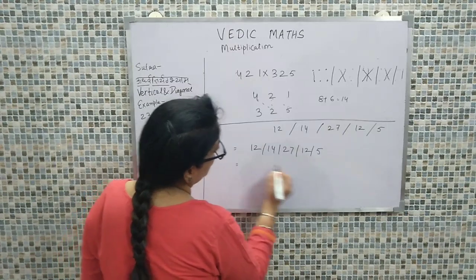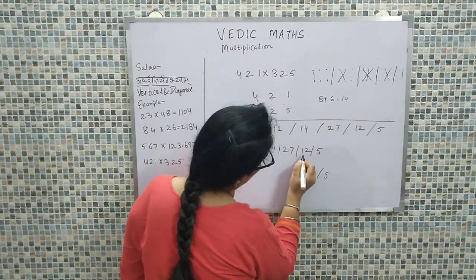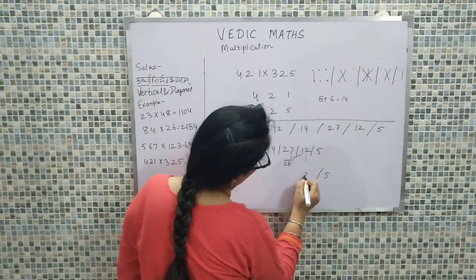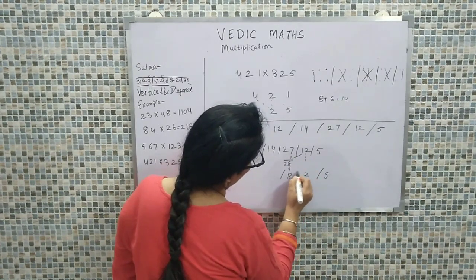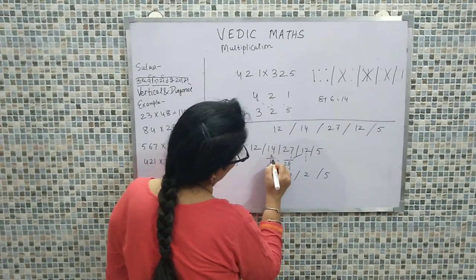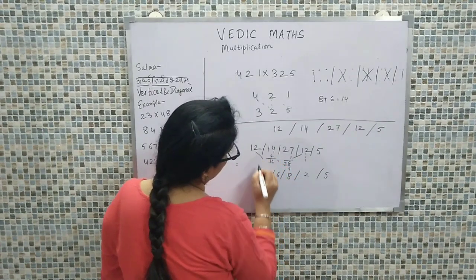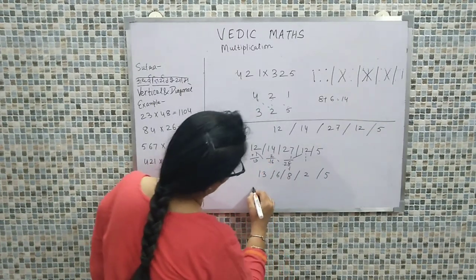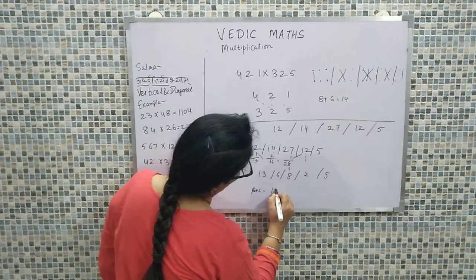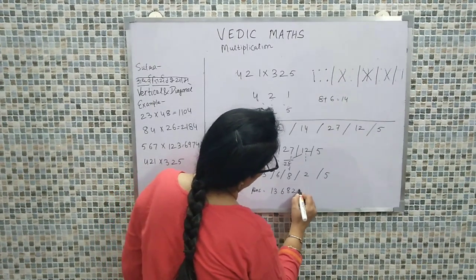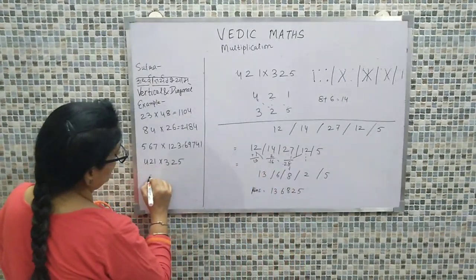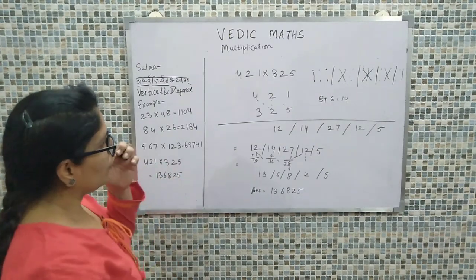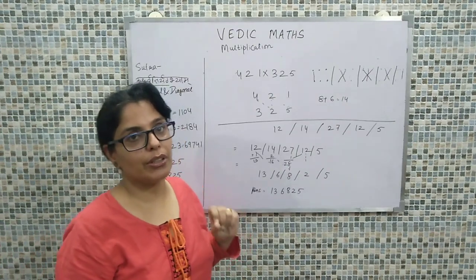Working out the overflow, we have 5 here, 1 from 12 gets added here, so 28, 2 goes to the next place, 8 we keep here. 2 goes here, so that will be 16, 1 goes here, so that will be 12 plus 1, that is 13. So the final answer is 136825. So we have finished the multiplication of 2-digit and 3-digit values.